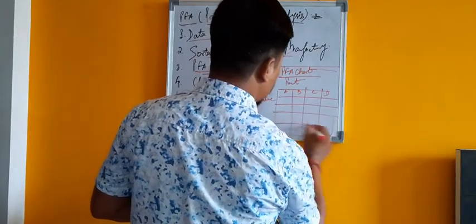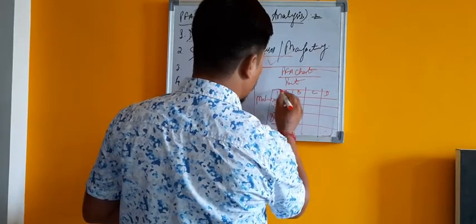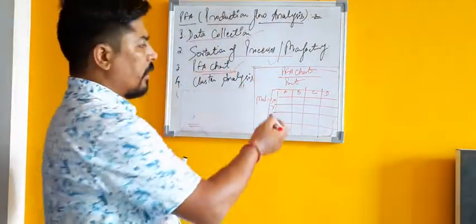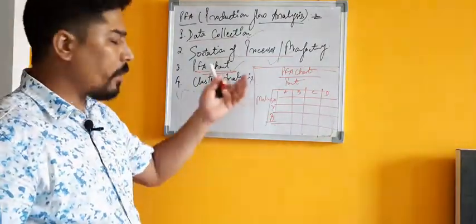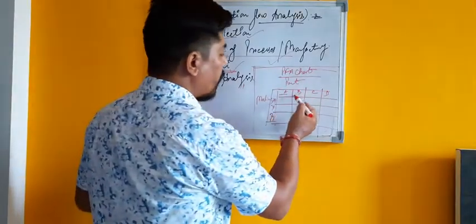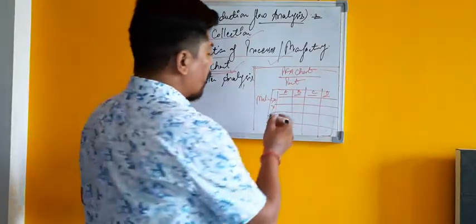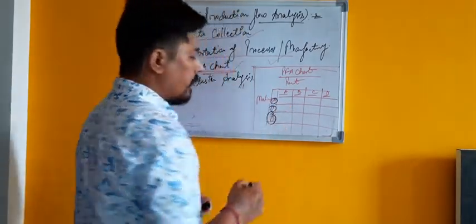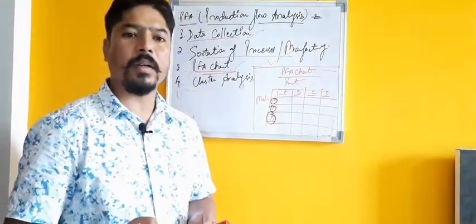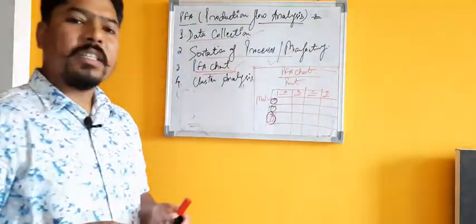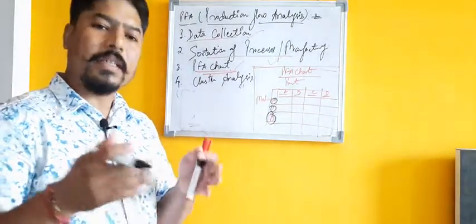And your machines are, suppose, X, Y, Z. In that production system, or you can take the example of a shop floor, suppose part A, part B, part C and part D, these four parts are produced, and X, Y, and Z, these three different machines are involved in the manufacturing of those different parts. So which machine faces which part, how many times, yes or no.